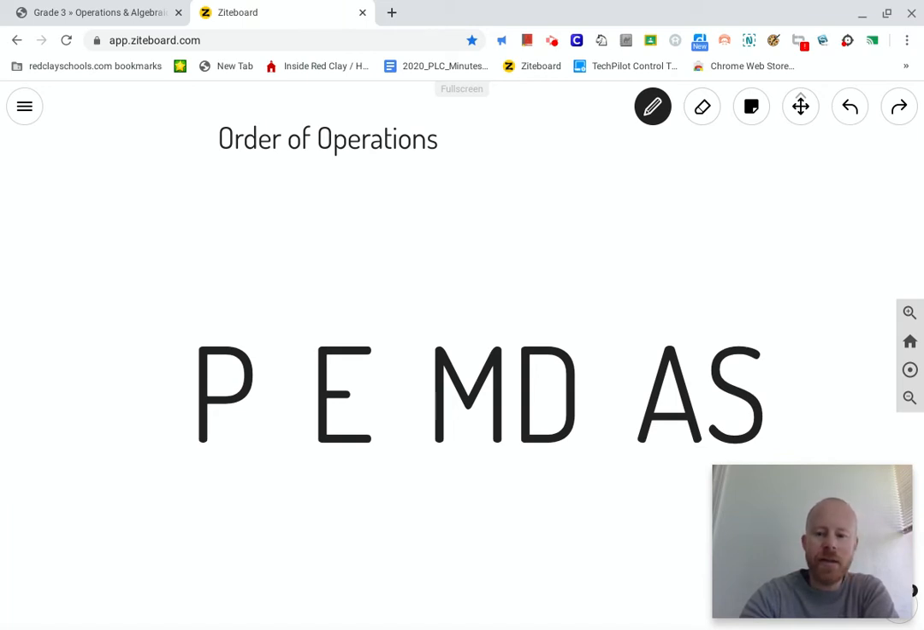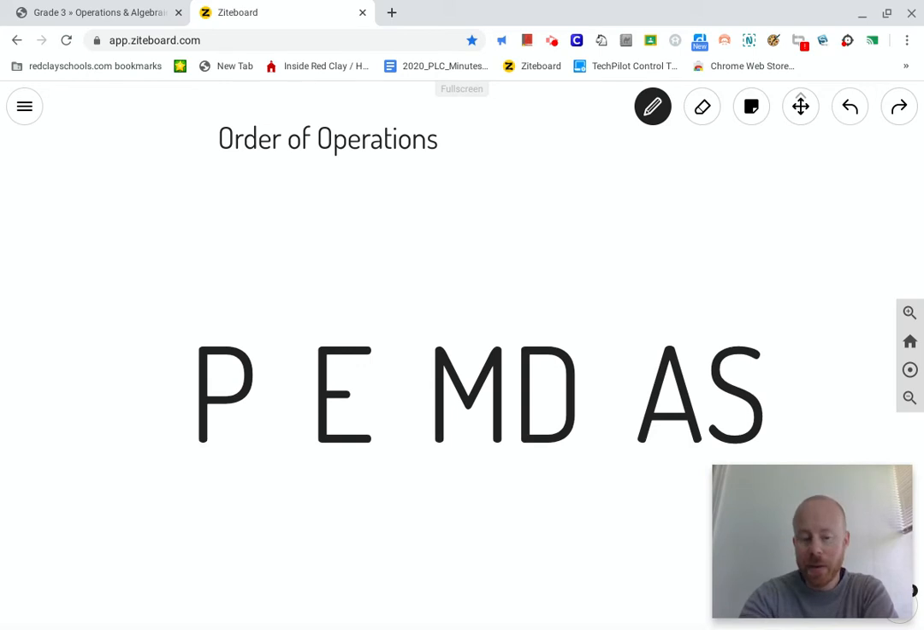Today, I wanted to cover the order of operations. Now, order has to do with sequence, which we learned in reading. So, the order of operations is the sequence or the order in which we solve equations. That has to do with multi step kind of problems and things like that, where you're doing more than one